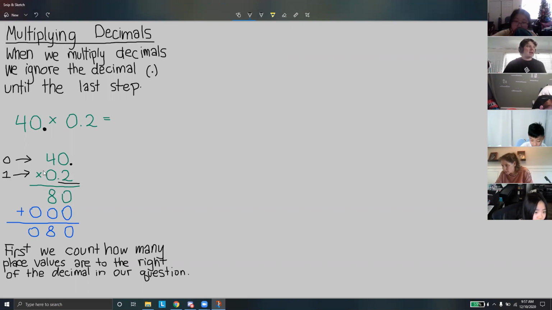This tells me that in the question, there is a total of 1 number to the right of the decimal. There are no numbers to the right of the decimal in the number 40, and there's 1 number, a 2, to the right of the decimal in 0.2. So we add these numbers up to see the total amount of numbers to the right of the decimal in our question, and that would be 1. 0 plus 1 is 1. And so the last thing we need to do here is